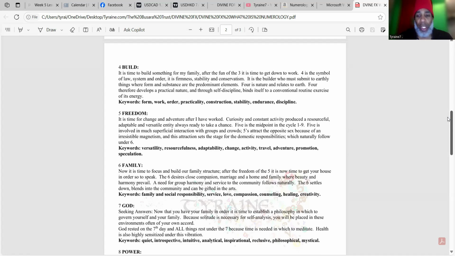5 is the midpoint in the cycles 1 through 9. 5 is involved in much superficial interaction with groups and crowds. Fives attract the opposite sex because of an irresistible magnetism, and this attraction sets the stage for domestic responsibilities which naturally follow under 6. So the key words for 5 are versatility, resourcefulness, adaptability, change, activity, travel, adventure, promotion, and